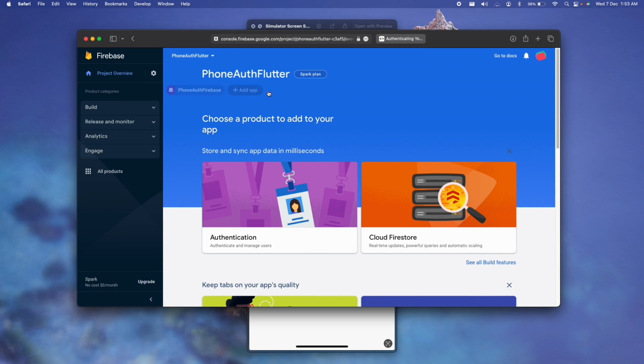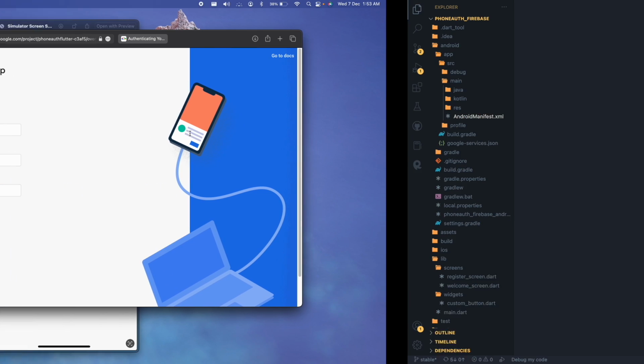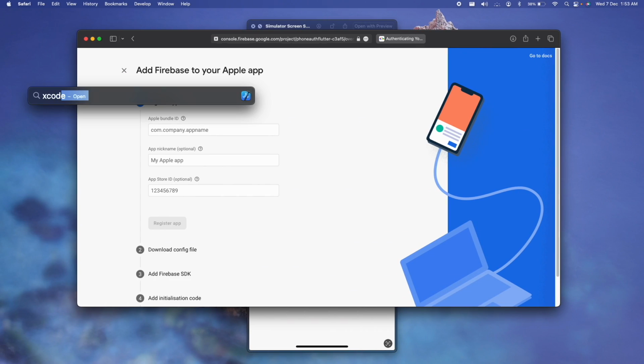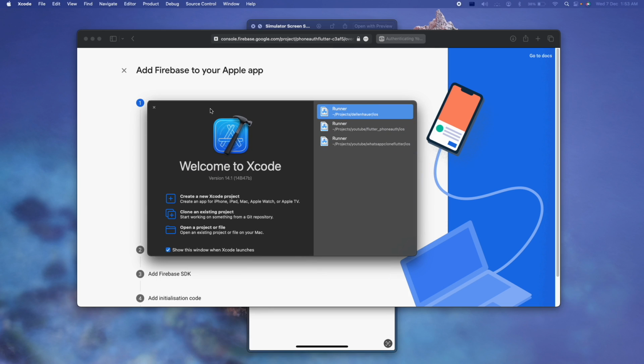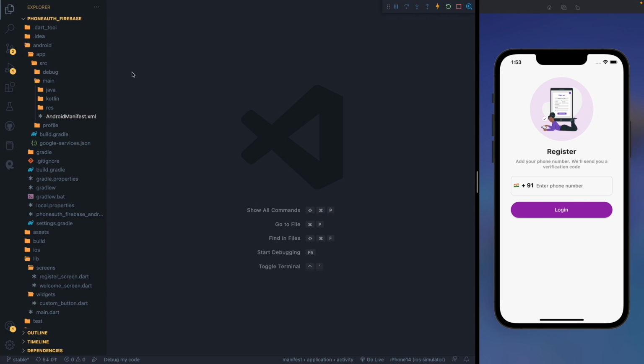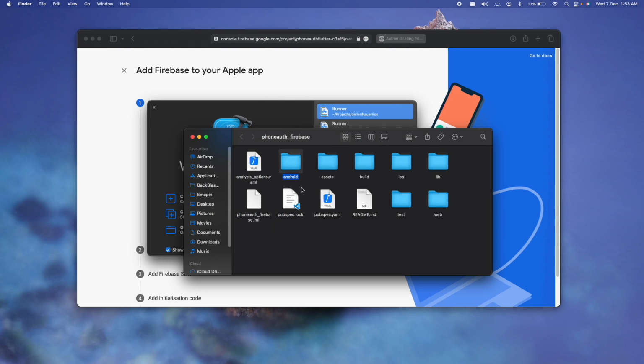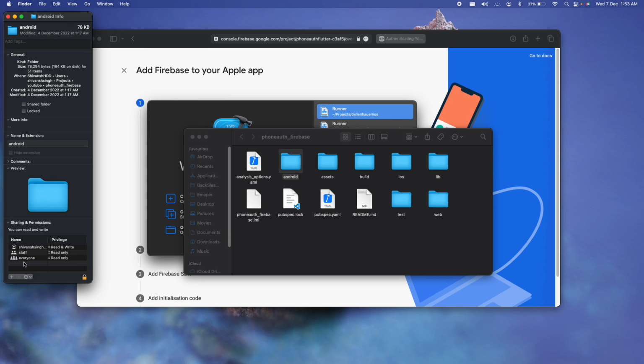So now we got the Android part done. Let us come to our iOS part. For the iOS part, what you have to do is open up your Xcode. And after you have opened up your Xcode, this will be the window that is shown to you. Now let me just see where is my particular project, because I myself forgot. So if I do this, it is